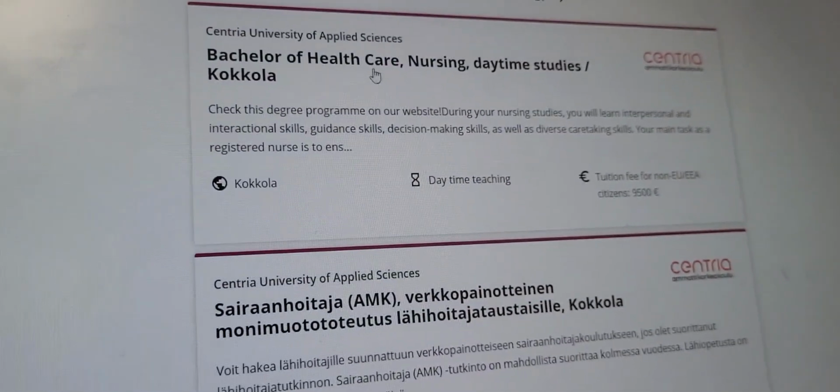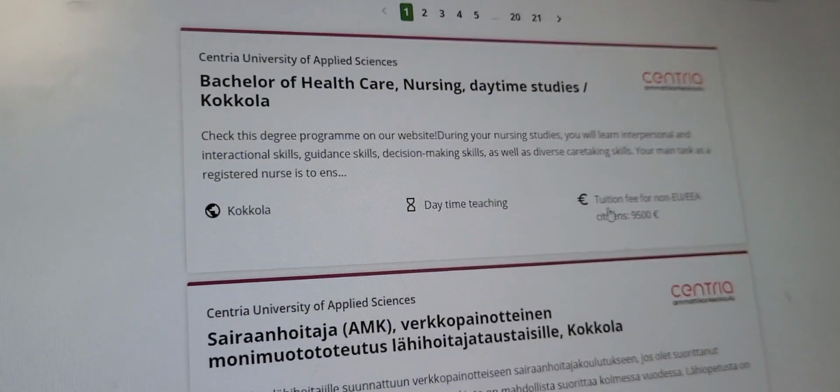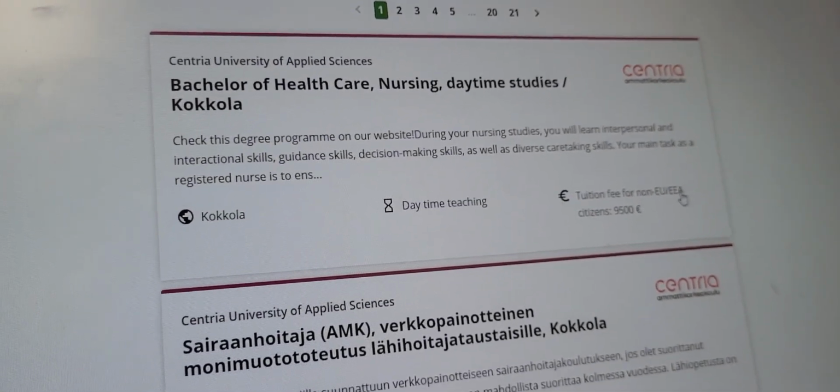And then if it is a free course, is it for those who already live here in Finland, or is it for someone who lives in the EU, comes from the EU or outside the EU? Be careful when checking. That's why I always encourage people to do their own research. So several of them are here. So we go down here, we have several programs from different colleges, but then always remember, see the tuition fee for non-EU citizens,